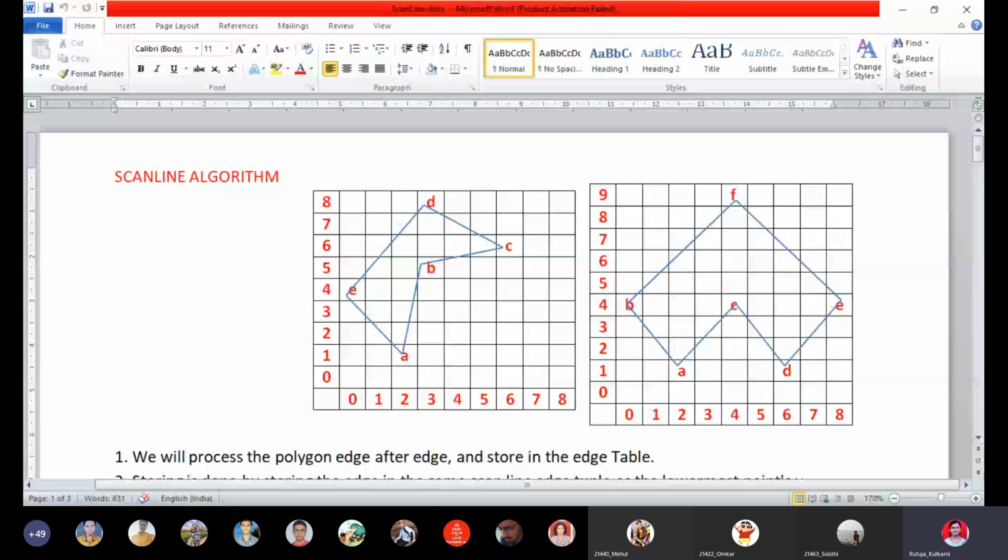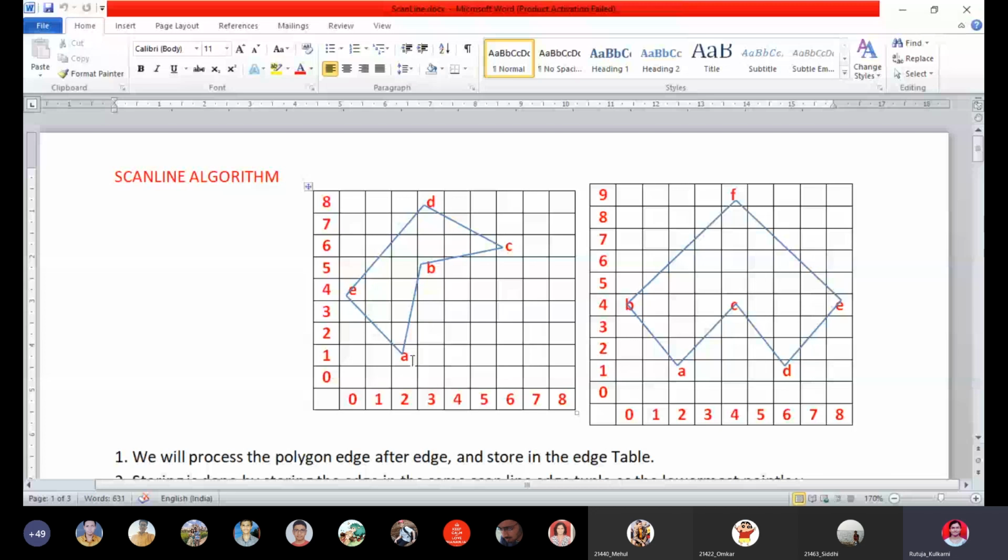So let's understand the concept now. We'll take 5 minutes. Then at least understand the concept. First, see, we are going to draw or fill a polygon from bottom to top. So here the bottom of the polygon is at A. The first pixel which we are going to fill is A itself.